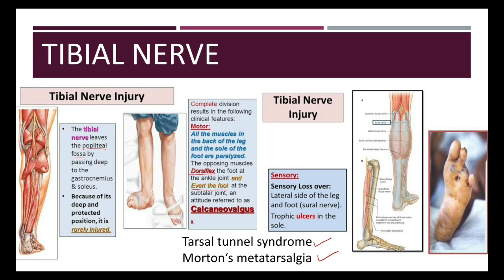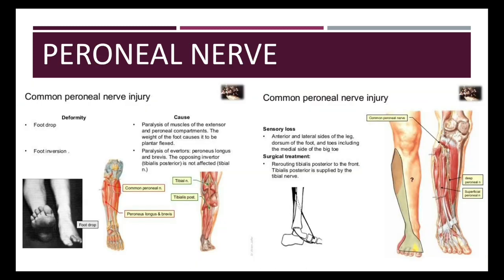Then we have the peroneal nerve. Effects of injury to the common peroneal nerve. The common peroneal nerve is extremely vulnerable to injury as it winds around the posterolateral aspect of the neck of the fibula. At this site, it may be injured by direct trauma, fracture of the neck of the fibula, or a tightly applied plaster cast. Clinical features: you can see motor loss,